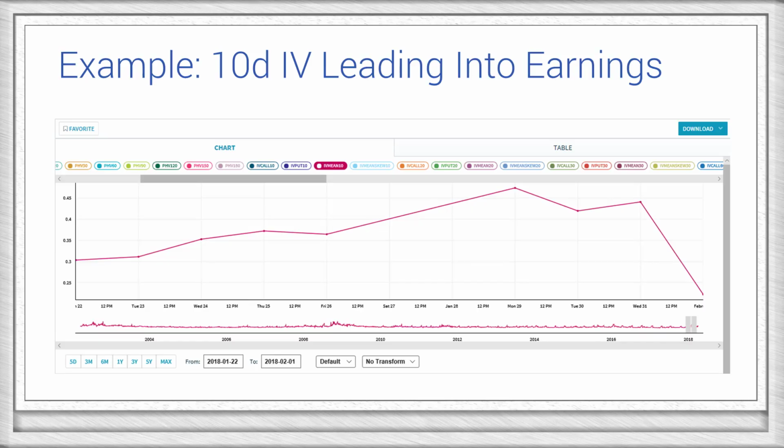Here's an example using the 10-day implied volatility for the 10 days leading into an earnings announcement. As you can see, the volatility was trading at 44% prior to the after-hours announcement. It then closed the next day at 22%. We can calculate that this is an IV crush of 50% of its original value. If you back out to days further from the earnings announcement, you'll notice that the comparable crush rates are different since the volatility moved around quite a bit that week. Accurately modeling the magnitude of the earnings and volatility crush is a challenge, but the reward potential is substantial.